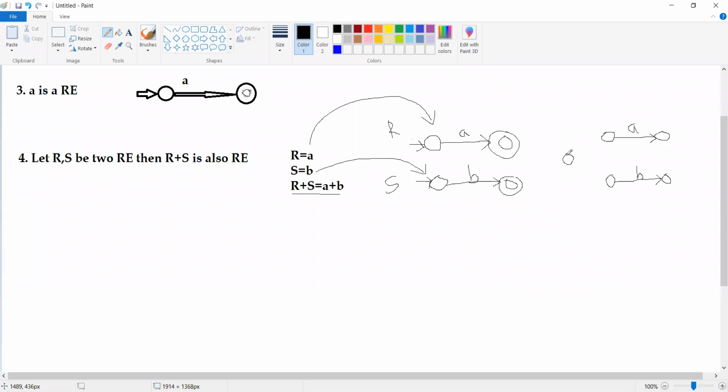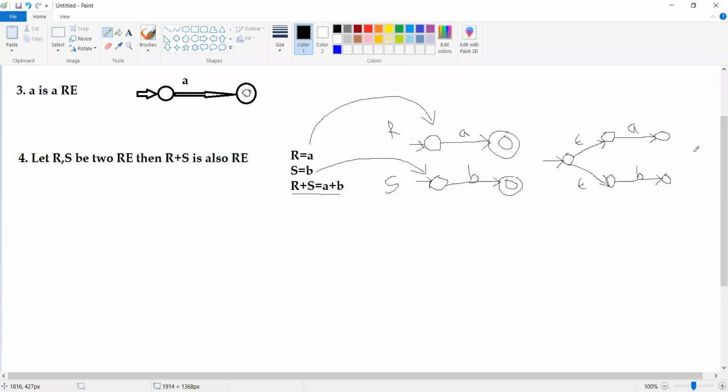Please observe, from this new initial state I am going to have epsilon transitions to the earlier initial states of the finite automatas, like this.